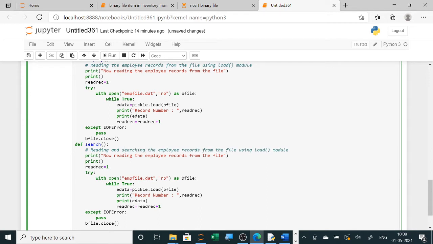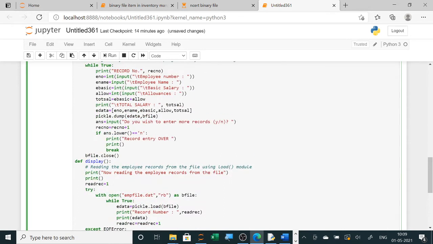So searching in a file. Now how to search it? We are first reading from the file, and after reading the record here, after loading, I will use here if, and you have seen how it is stored. You can see from this line, your employee number is first, employee name is second.